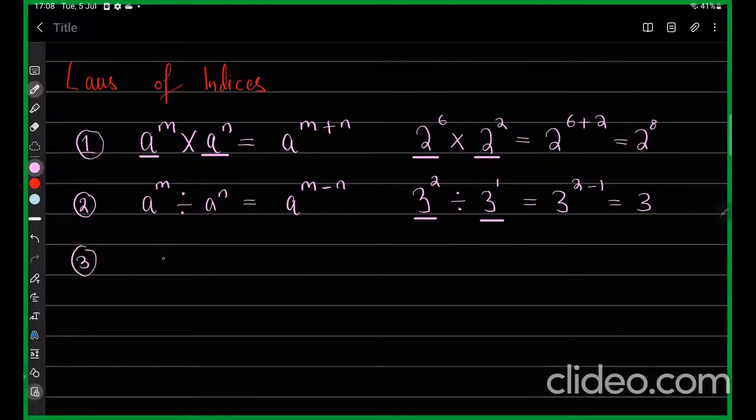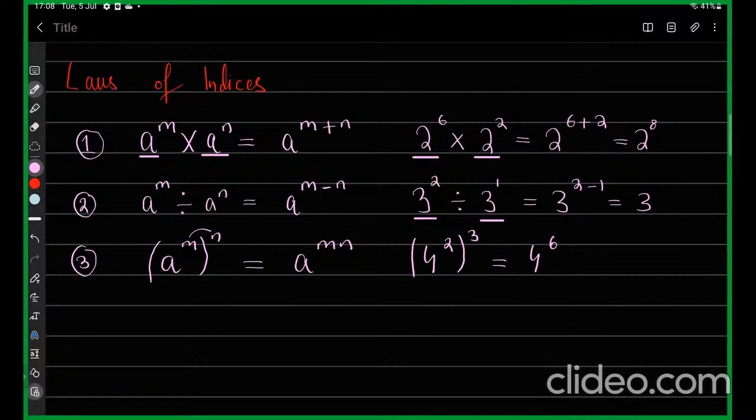Let's talk about the third one. Now, if you have a base and a power and then we have a bracket and then we have another power, you can multiply both these powers and write it as a power mn. For example, if you have 4 power 2 and then brackets and then 3, you can write it as 4 power 2 multiplied by 3, that is 6. So we have discussed 3 rules so far. For the first one, the bases are same and the numbers are being multiplied, so the powers are added. For the second one, it's division, we are dividing the two numbers, so the powers are subtracted. And for the third one, we have 2 powers and a bracket between them, so the powers would be